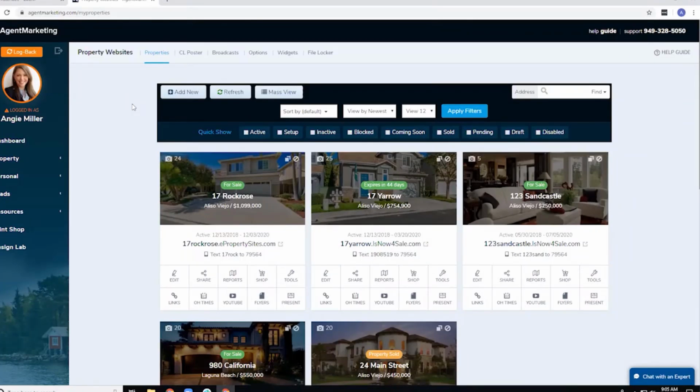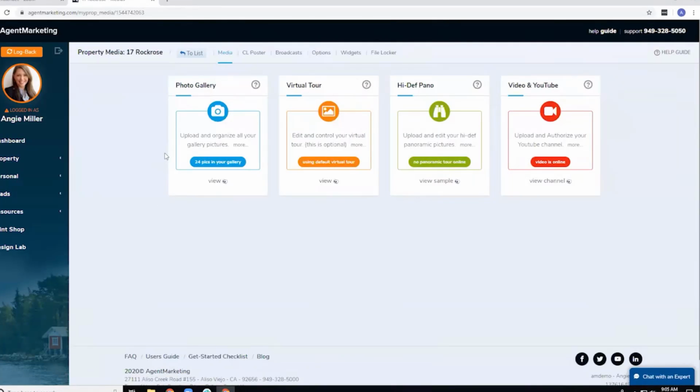Another automated thing that I do like in the system is having your YouTube channel connected to the listings that you have. So not only are the videos getting ported to the agent marketing YouTube account, but they're also getting ported to your own personal YouTube account. To do that, go to property and then properties, and click the little gear or camera icon in the top left corner of the property thumbnail, and then go over to video and YouTube,